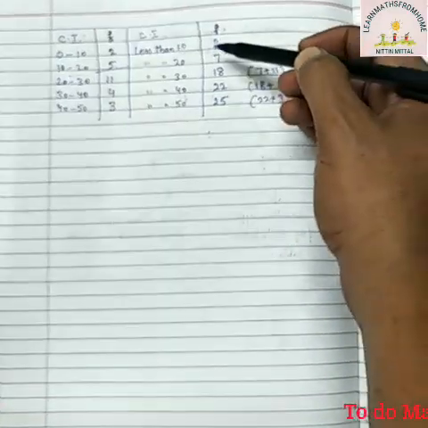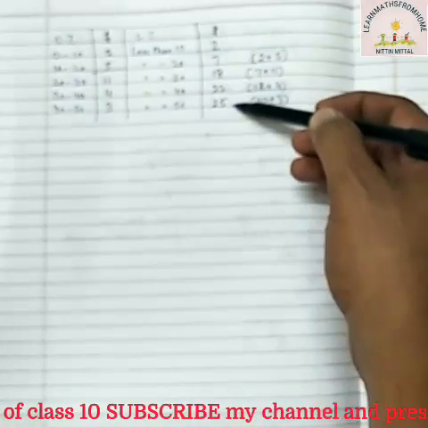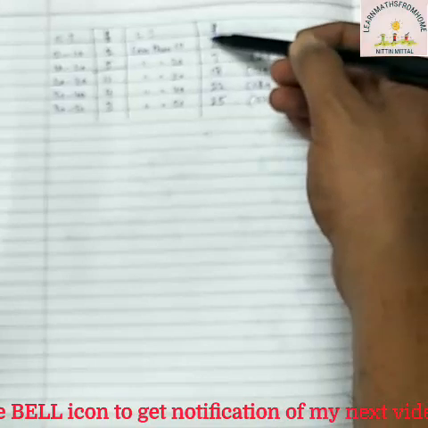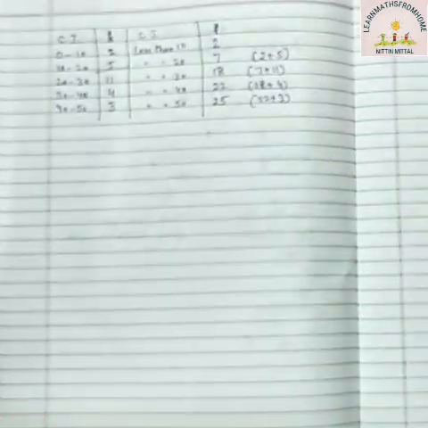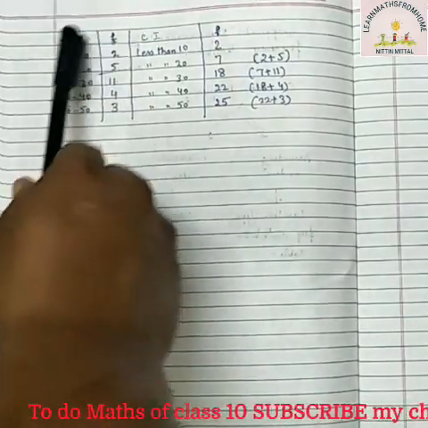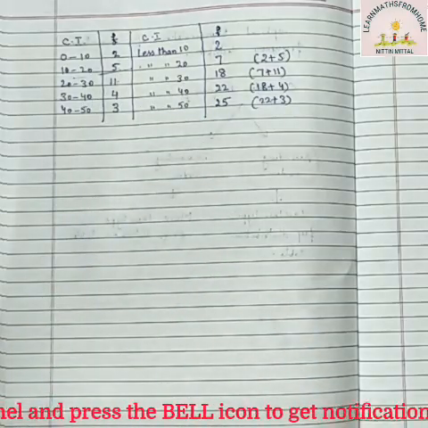Now if you see the order, this cumulative frequency is in ascending order, and as it is in ascending order, you see here 2, 7, 18, 22, 25, it keeps on increasing, ascending order, right? So this is how we convert the simple group data into less than type frequency distribution table,